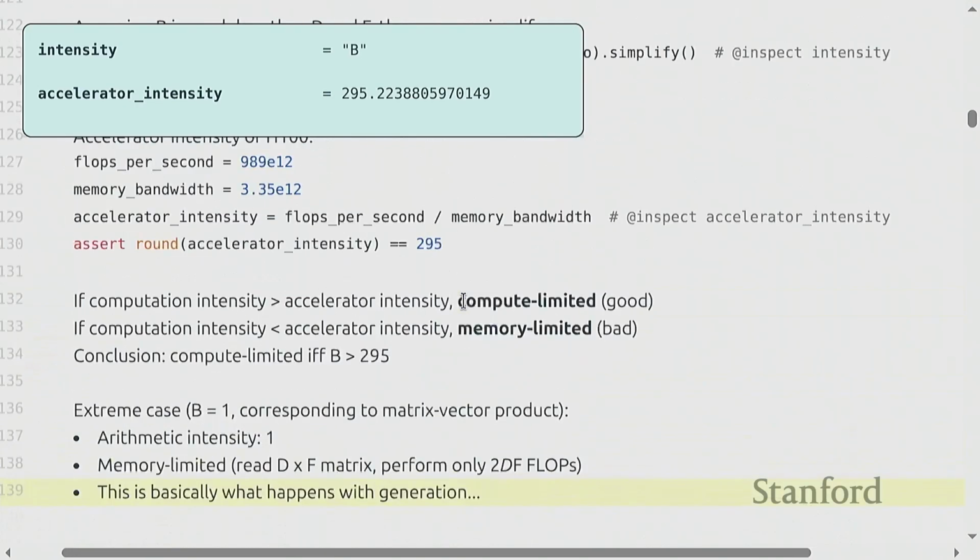Okay, so this is a very simple example that I think gets at the core of why generation is going to be slow. So maybe I'll pause and take any questions on this just to make sure everyone's clear. Yeah? When doing inference, why don't we have a batch size of, say, larger than 1? So I think I heard the question: why don't we have a batch size of more than 1? I'll get to why you can, but batch size is going to mean batch size times sequence length later.